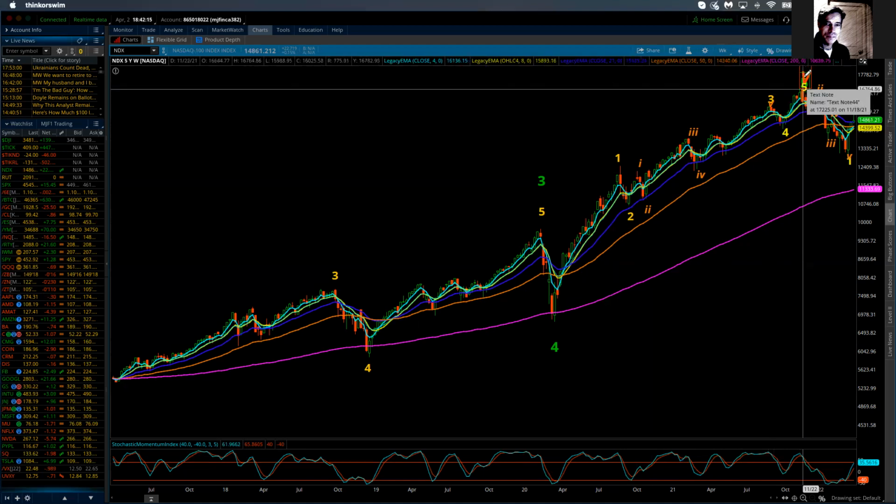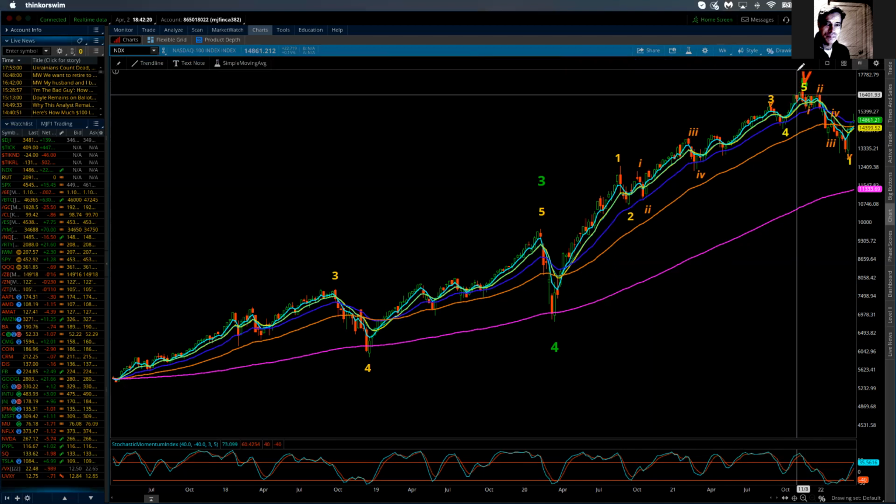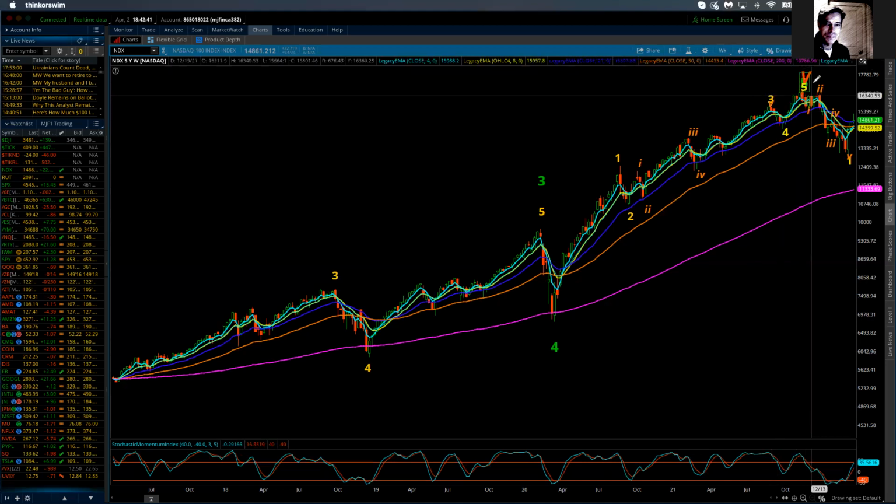What degree on the super cycle level is this? I'm right now working with it being a super cycle wave 3, so that the S&P and the Nasdaq, which share so many high-priced stocks with heavy weightings, their counts, in my mind, should be equal. They should be the same. Some of the slight nuances within them may unfold a little bit differently, but overall, on the higher degrees, the count should be the same, particularly on a cycle degree and super cycle degree. I'm doing them in conjunction, the same.